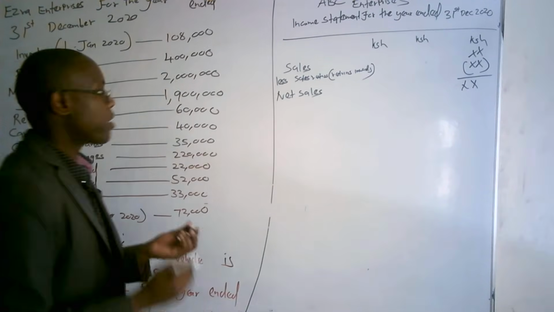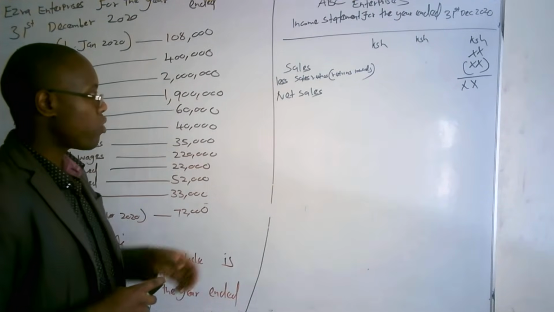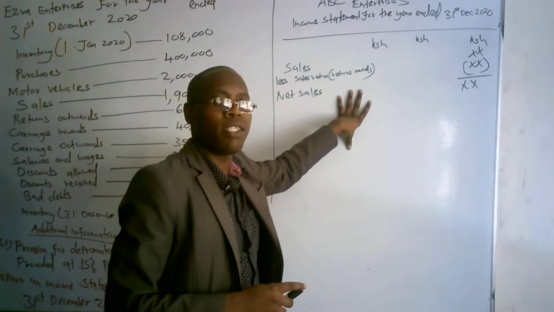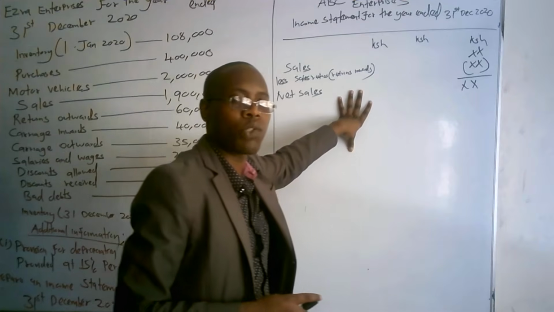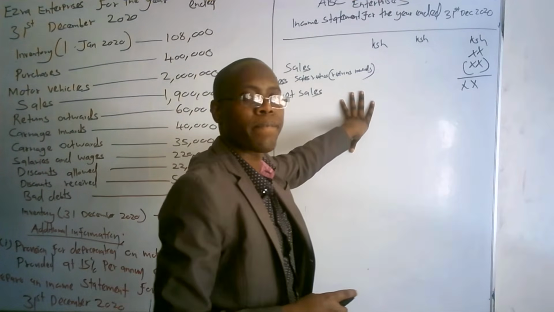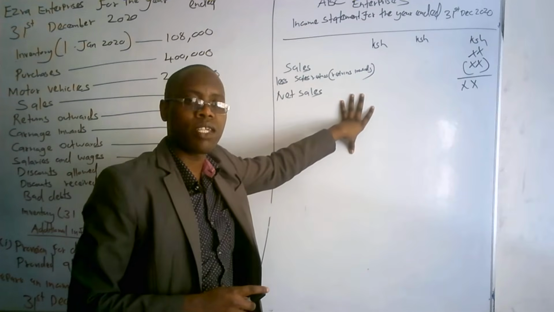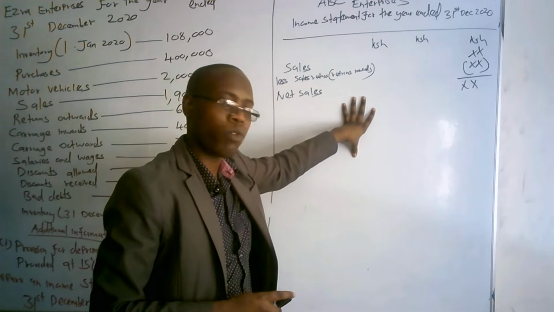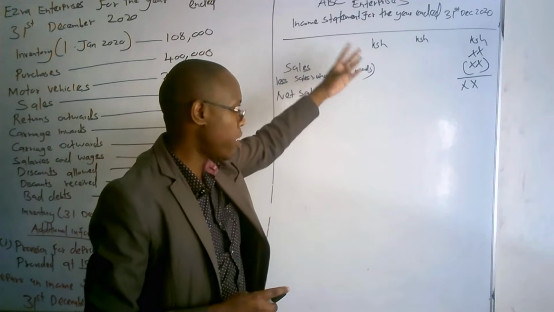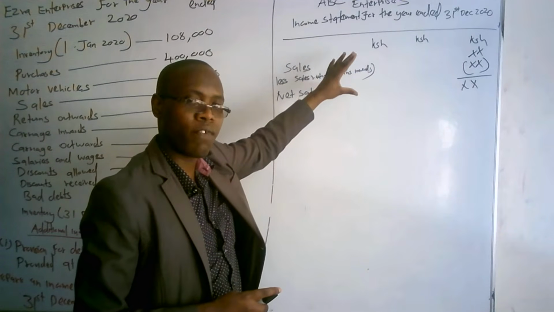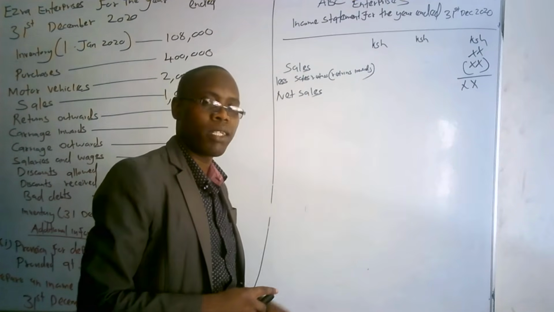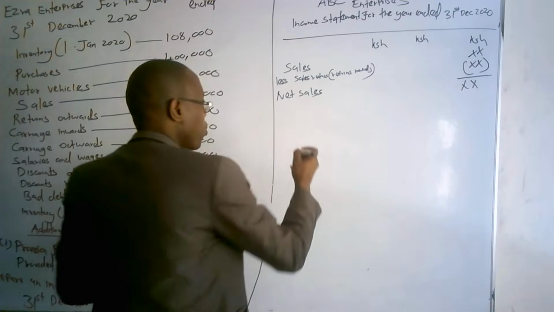So the next thing that you are going to have, which now you are going to be keen of, is actually the adjustment whereby you are going to less the cost of sales. So lessing the cost of sales is whereby you need to be vigilant and careful about it, because that's where most of the students are going to find a problem. Sales, you will not have any problem about it because it has only one adjustment. But when you are going to say less cost of sales,